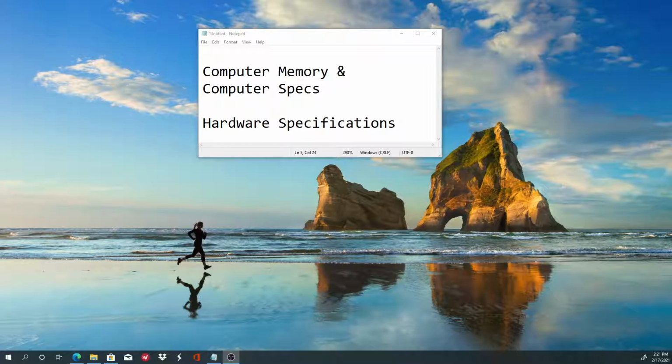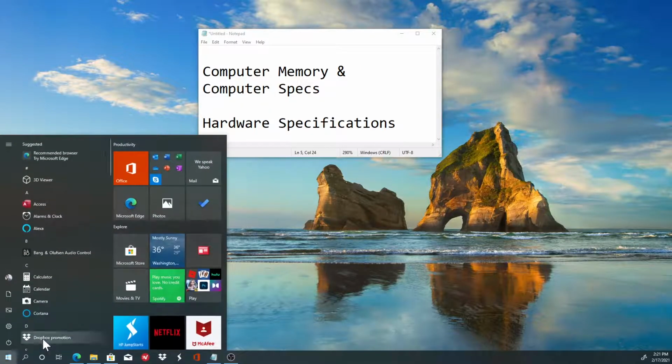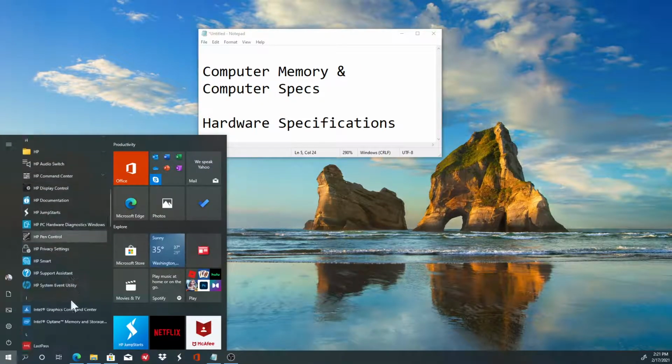This is important because most of the time when you install software, they usually provide the minimum requirement. So you have to make sure that your hardware or your computer has those minimum specifications before you start installing. So to see that, you go to the start button, click on start, and scroll down all the